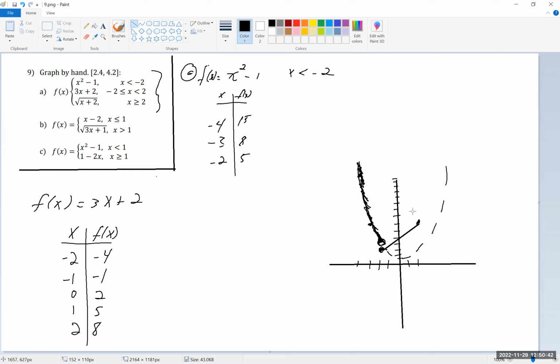So that looks a little better, obviously, but still not perfect. Also know that on this end, we should draw an open circle. That's probably the tool I should have used on this side too. And then the last piece is